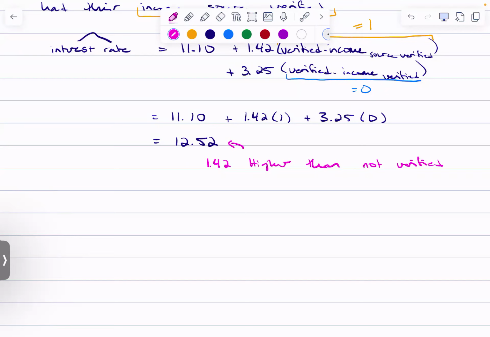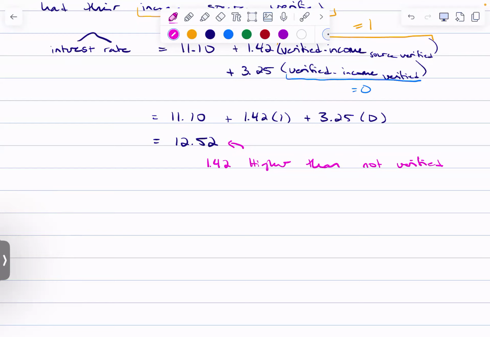And so the not verified, we said, was our reference level. Oh my gosh. You guys are going to call it your reference letter. Level, Emily. Right? And so we've got our reference level. And all the other ones are on top of that reference level, right? And so I've written too many reference letters. Okay, so